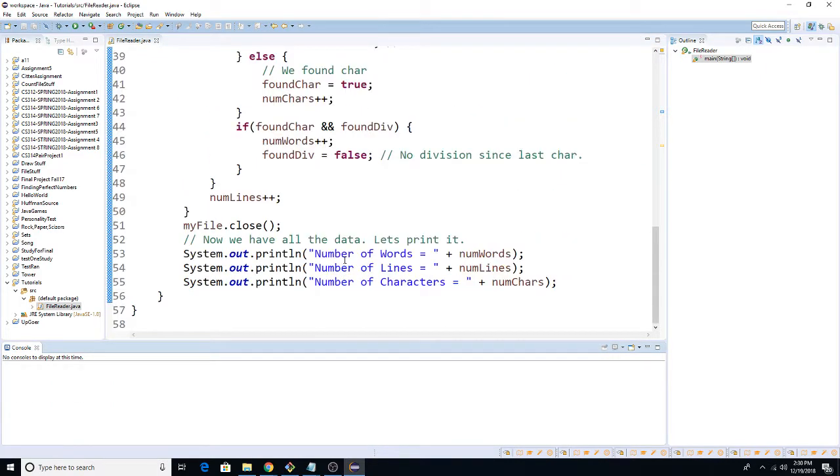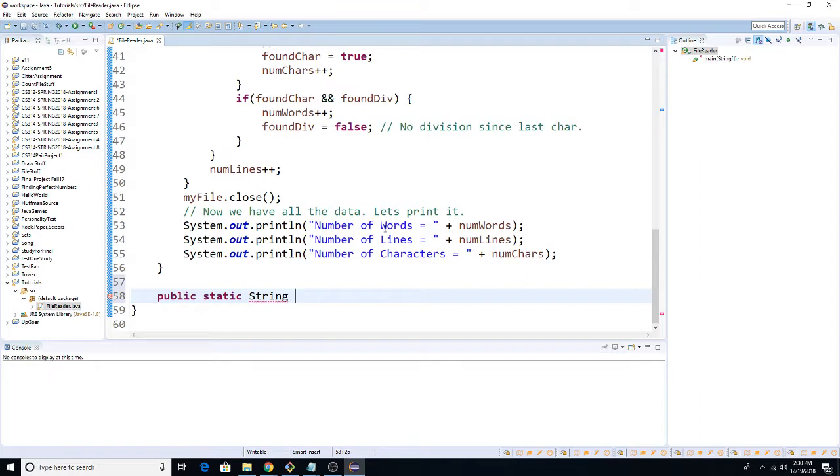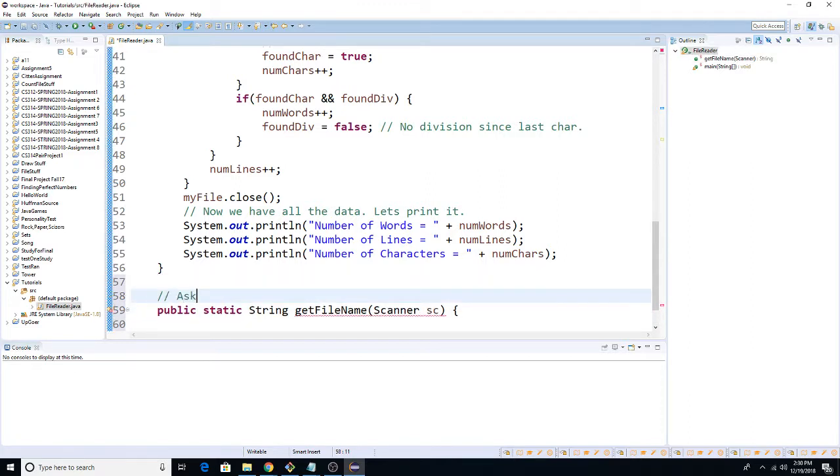So to do that, I'm going to create a new method, and it's going to have to be public static. It's going to be a string because we need to return the string name of the file, and this is going to be a file path. Get file name. And we're going to be taking in scanner CS. And it's going to ask the user for the file path to the document